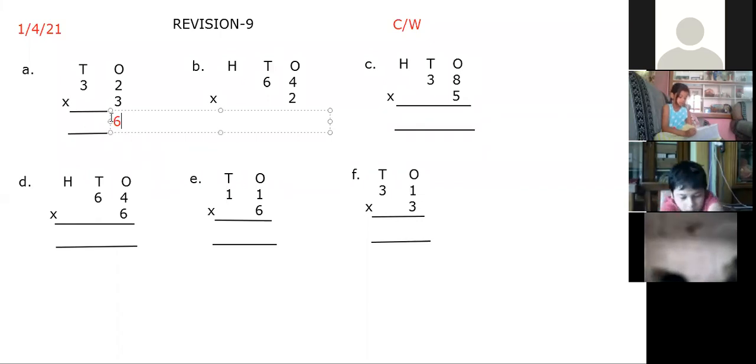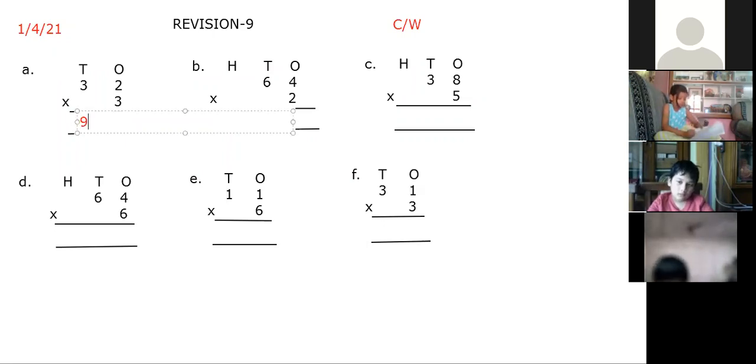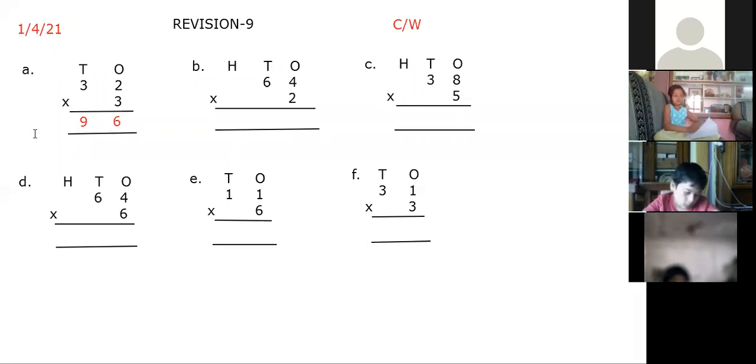Now next, we will multiply this 3 with the number in tens place. Ganesh, what is the number in tens place? 3, ma'am. Yes, so 3 3s are? 9. Good. So we will be writing 9 in tens place. What is the answer? 96. Yes, so the answer is 96. So we will write here 96.